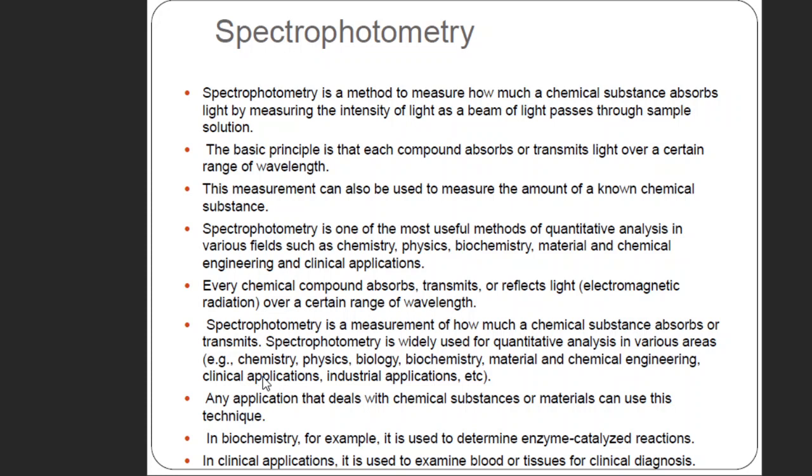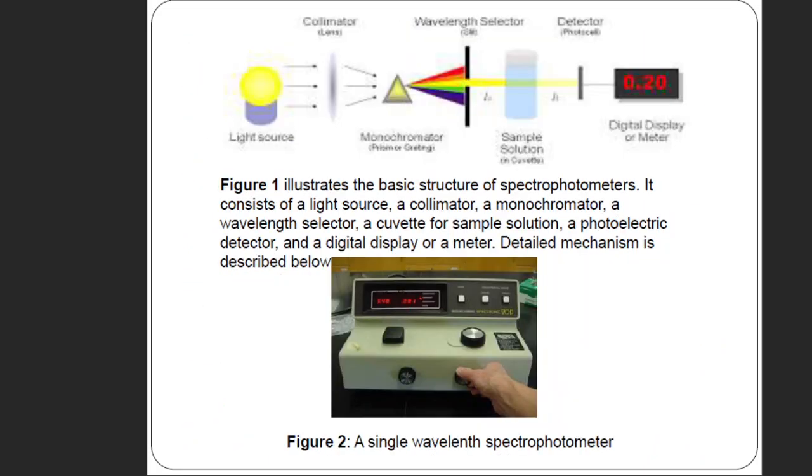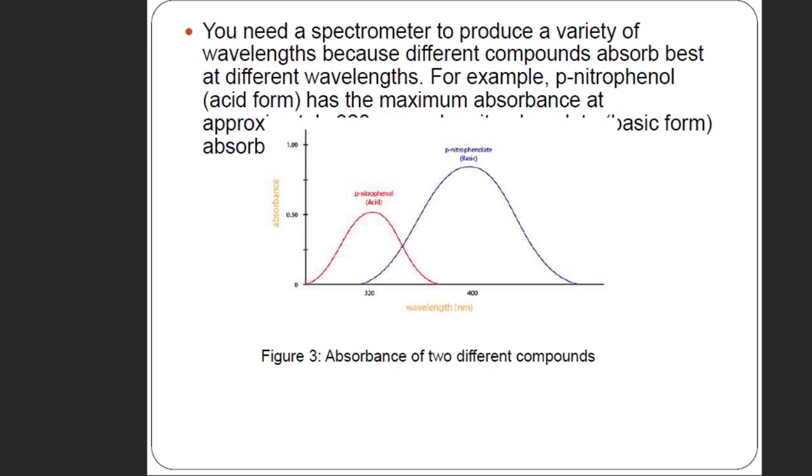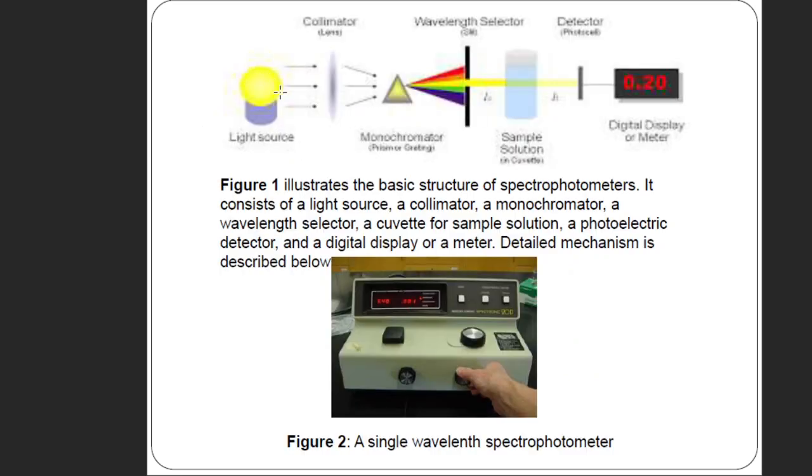Before discussing this instrument technically, we will first have an overview of what this instrument is actually about. This instrument consists of a source of light. So we will have a block diagram of it. We will have a source of light, here a bulb which emits light. This light is allowed to pass through a small lens.